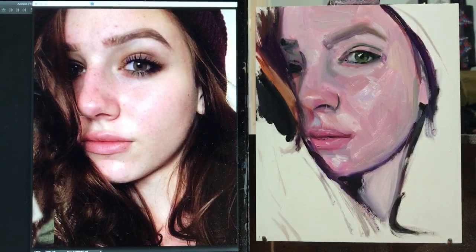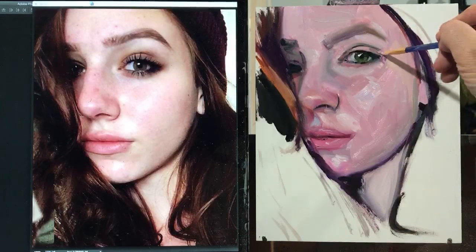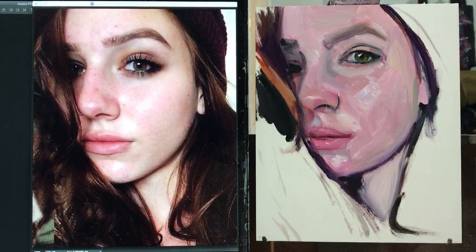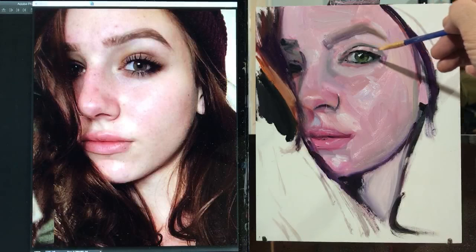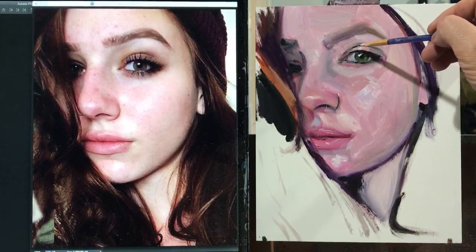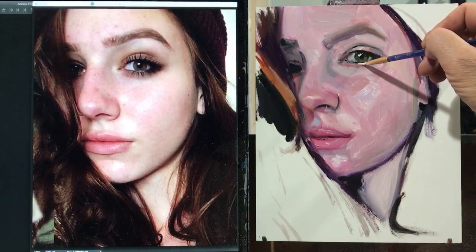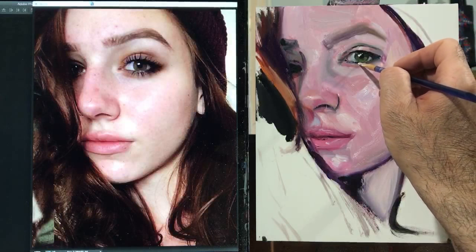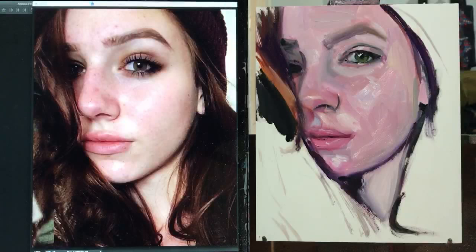Right now, I'm just going to make sure I have a little bit of darker value here on the edges of her eye. It's not really there in the photo, but I'm going to put it in anyway, kind of a little bit of a highlight on her upper lid, so that it accentuates that. And with the same idea, I can do that where the top, and it actually is in there in the photo. If you look, there is a highlight on the upper edge of the lower lid rather,